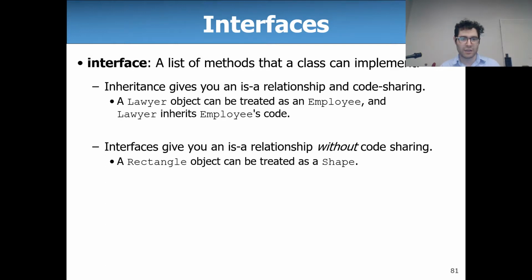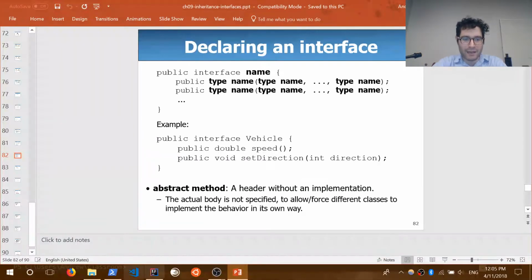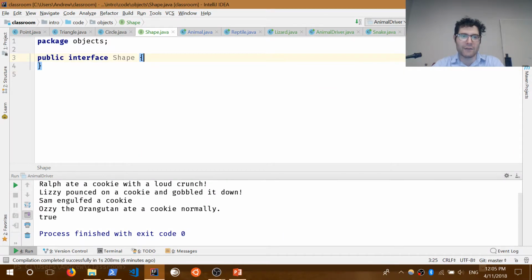So it's analogous to the idea of roles and certifications, right? I'm certified as a CPA accountant. That means I know how to do taxes. I can do auditing. I can do consulting. These are all the things I can do because I have a certificate. I have a certificate that says I'm a shape. It says the triangle. That means I know how to compute my area and I know how to compute my perimeter. So the way we make an interface like this